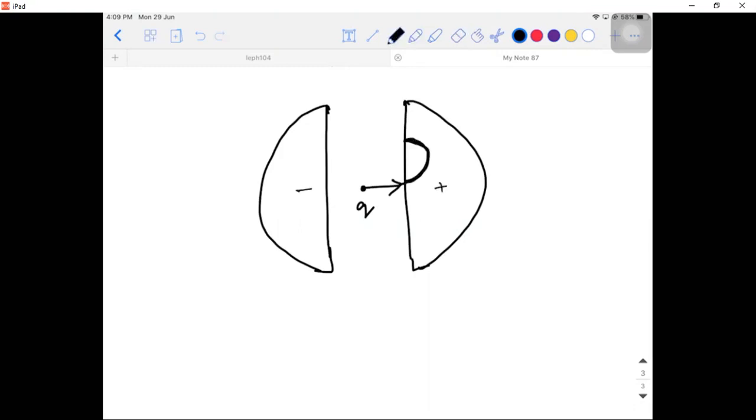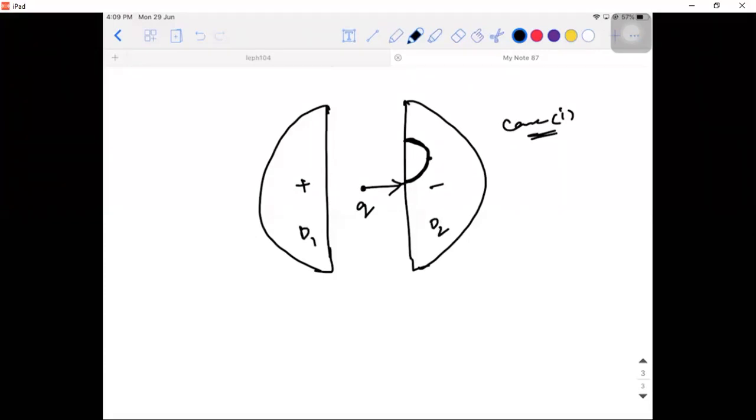Why is it so? If I didn't change the polarity, okay, this is the original case 1. If I leave it like this, what would have happened is this particle will get stuck to the plate, I mean this D. If I call it D2, it will get stuck to D2 because you have a negative charge.